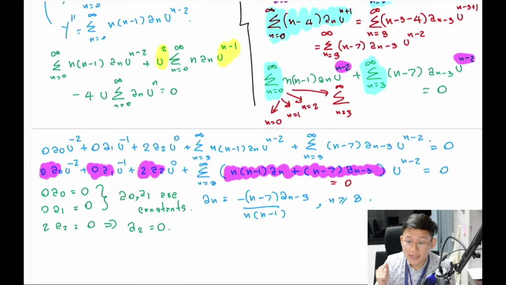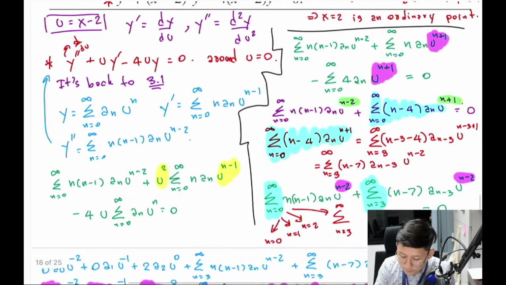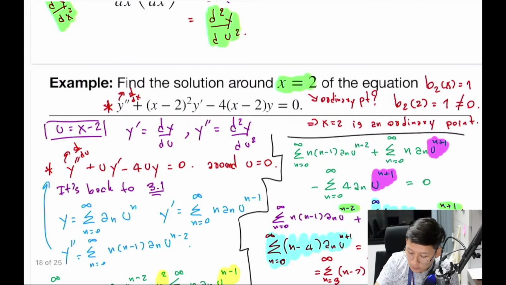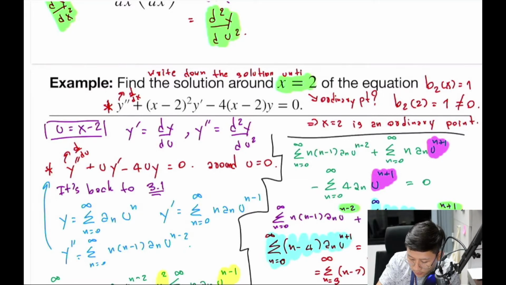But just in case they have additional instruction, for example, this question, they might say write down the solution